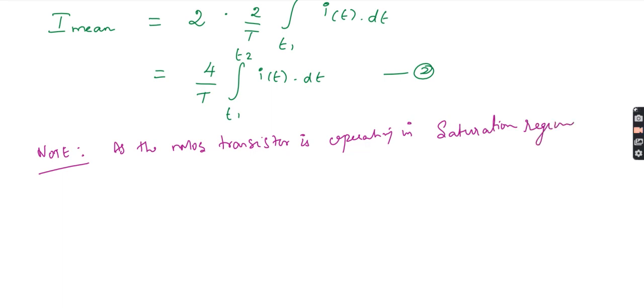When the NMOS is operating in a saturation region, or you know that when I go for a CMOS inverter, you might have studied some three equations for the drain current equation, the ID equation. So now for the saturation region, what is the ID current? For NMOS I can write IDS is equal to beta by 2 into